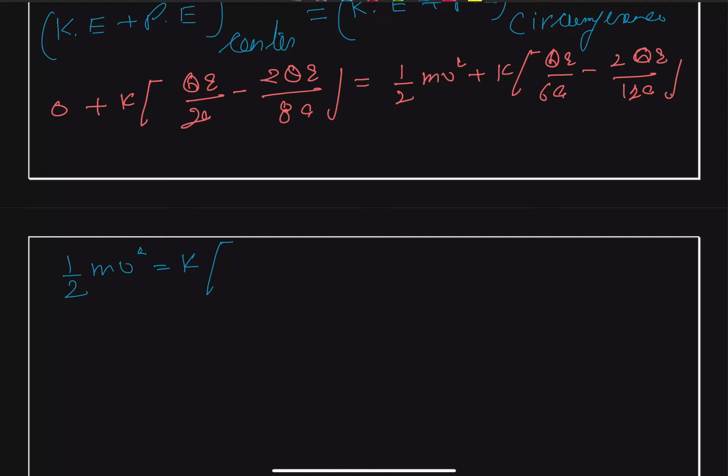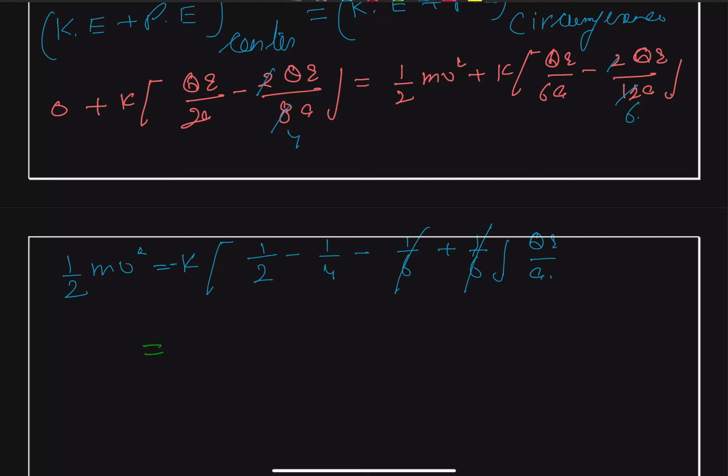will be equal to, we can take q, k as common, or we can also take this q as common, a also common, so this goes by 2, this goes by 4, and here also this goes by 6, and we can write this will be equal to 1 upon 2 minus 1 upon 4, minus 1 upon 6, and this will be plus 1 upon 6, and we take q upon a as common. Okay, and these two terms cancel out,